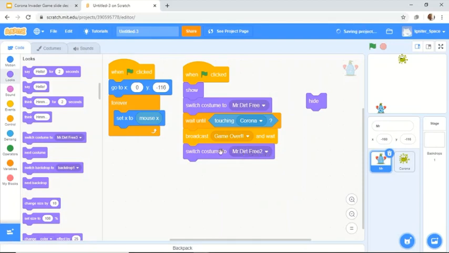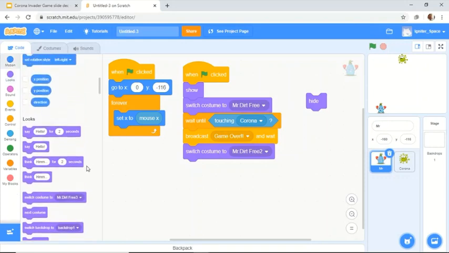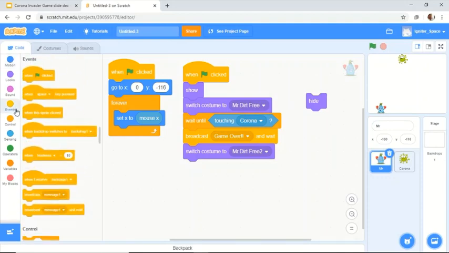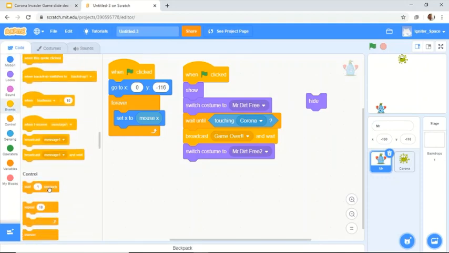Now this should happen in order, right? 1 2 3, 1 2 3. So there should be a pause in between, no? So what we're going to do is say wait for 0.3 seconds. That will be okay, otherwise there will be a lag. If you wait 1 second, that will be too long, so 0.3 seconds will be okay. Not 0, just say dot 3, that means full stop and 3. Wait for 0.3 seconds. Okay, and then switch costume to